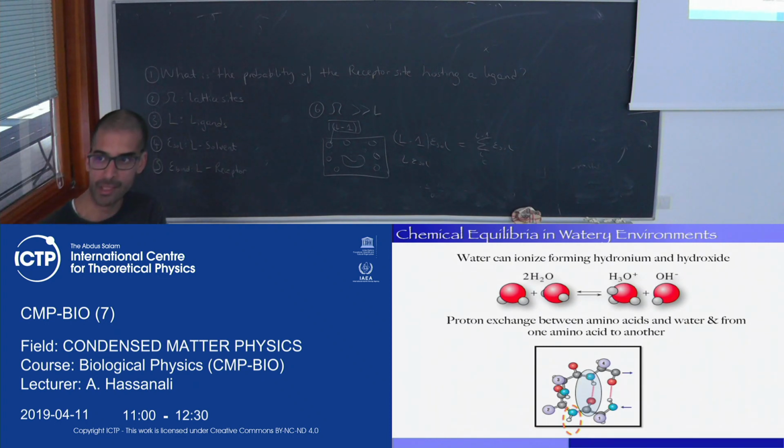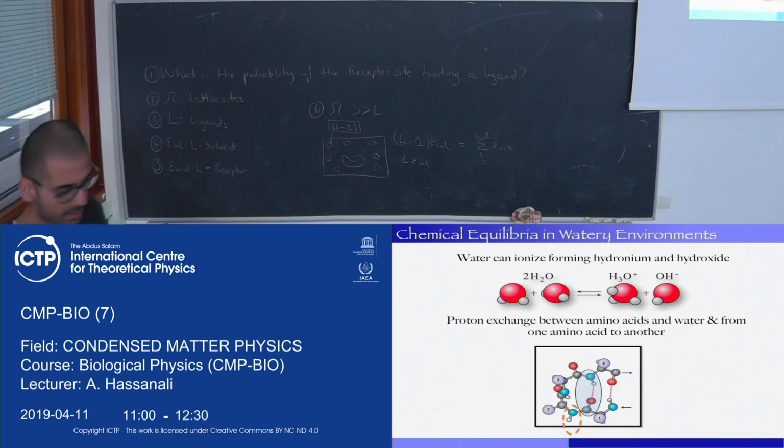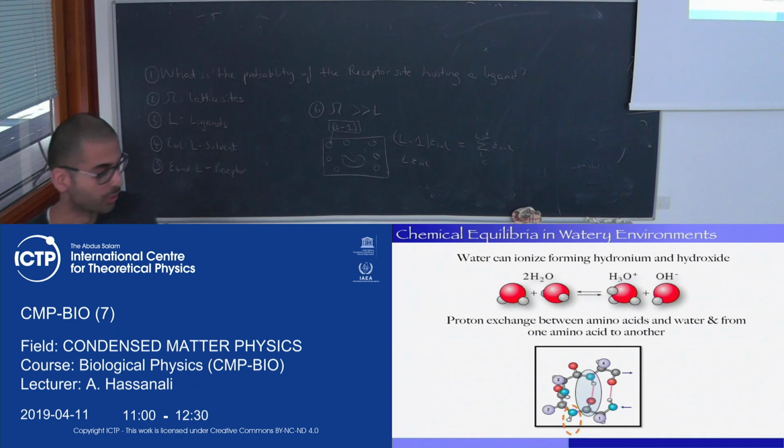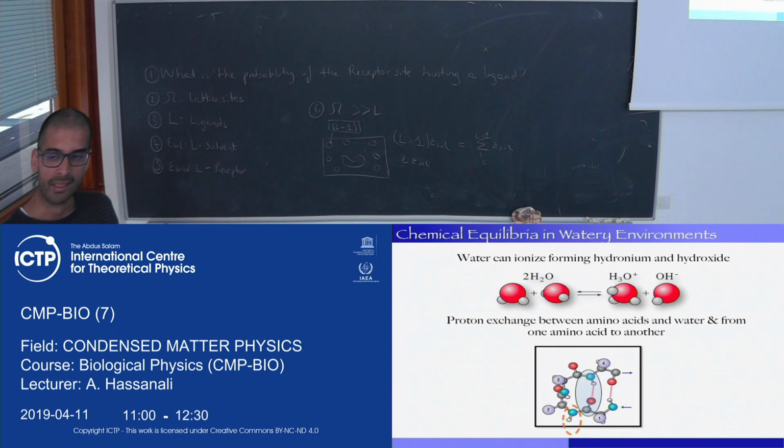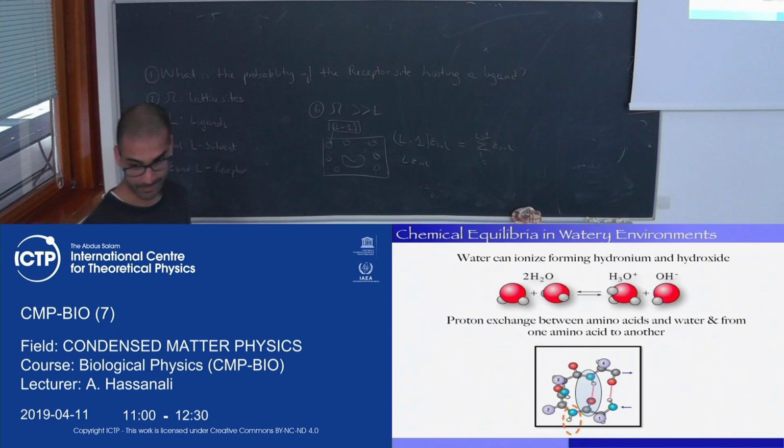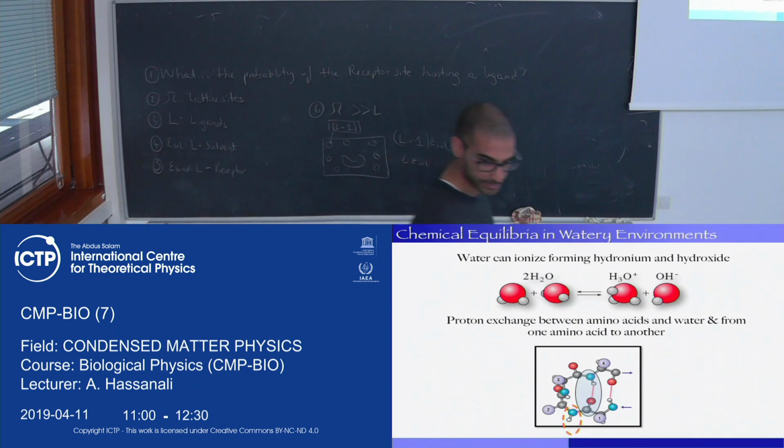So here's where it becomes relevant. In a cell, I don't have only L, I have a crowded environment. So if I have a crowded environment, how is that going to affect my probability of the receptor site being occupied by a ligand? Because we have a similar problem in 1D where we